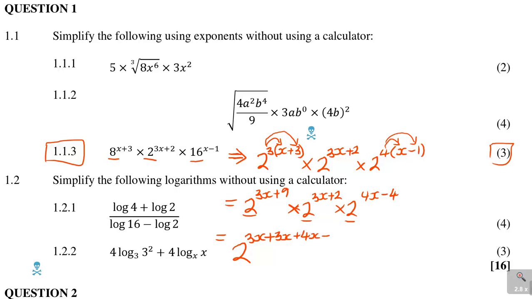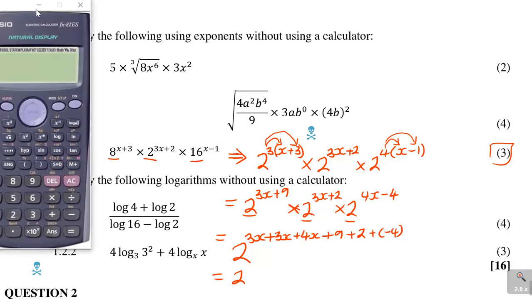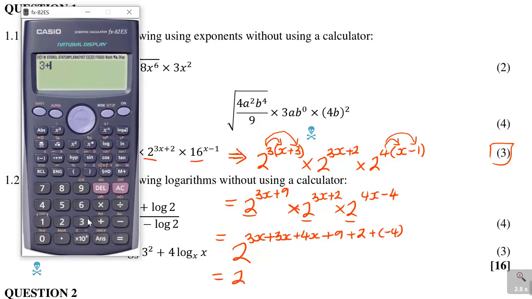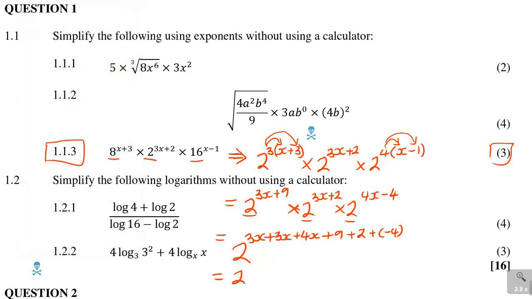Now let's go for the numbers. Plus 9 plus 2 plus negative 4. Now you can use a calculator or you can add it if you can. So it's 3 plus 3 plus 4. Alright, I get 10 there. So I have got 10x